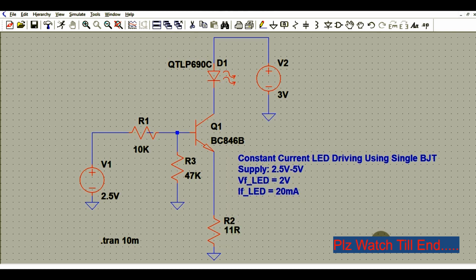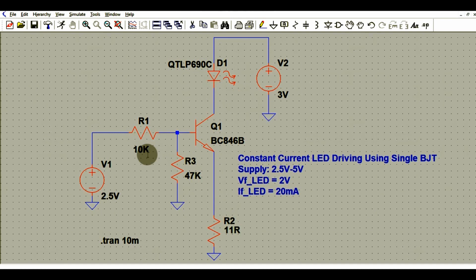As you can see, you have only one transistor here, transistor Q1, then you have three additional resistors, that is R1, R3 and R2. So this is a very cost effective solution to drive an LED while you have a variable power supply on your system.